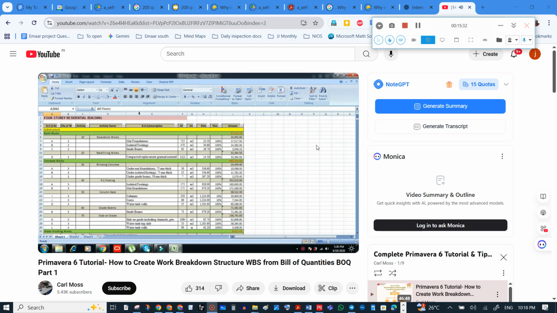This is the completed WBS, work breakdown structure, in Excel cost loading that we gathered from the bill of quantity for the 4-story residential building project, from division number 2 up to division 16.